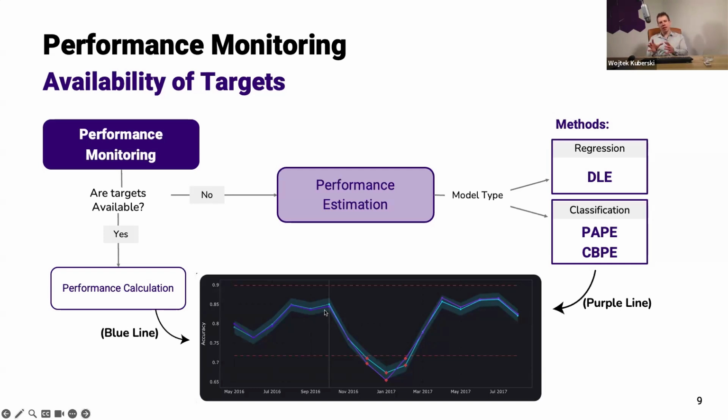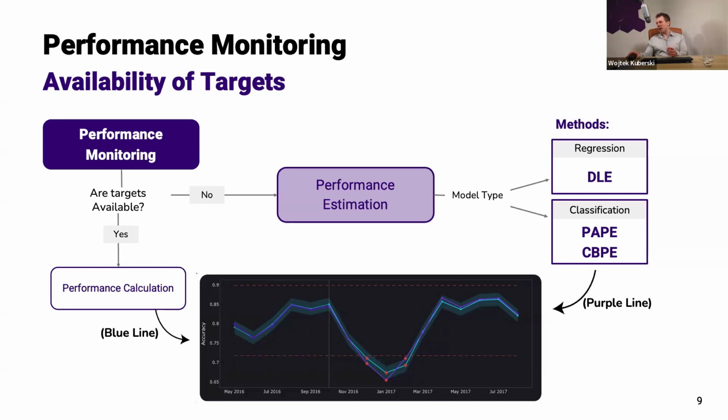However, before we get the targets, what we'll have to do is estimate performance. And for that, we developed 3 methods, 3 algorithms right now: one for regression called direct loss estimation, and 2 for classification. One is called PAPE, which is probabilistic adaptive performance estimation. Another one is CVPE, which is in our open source,